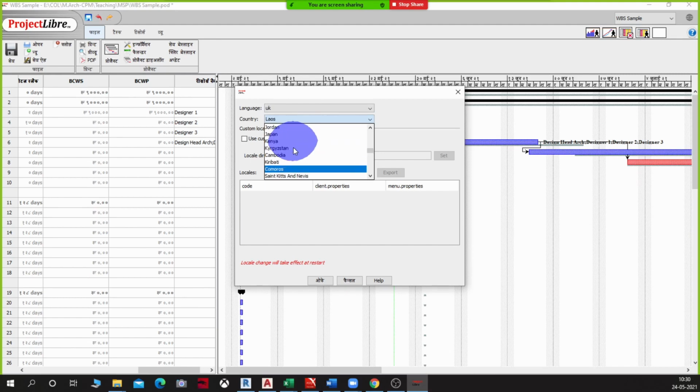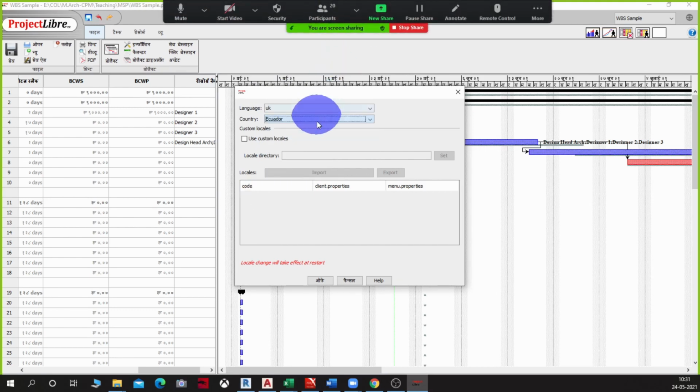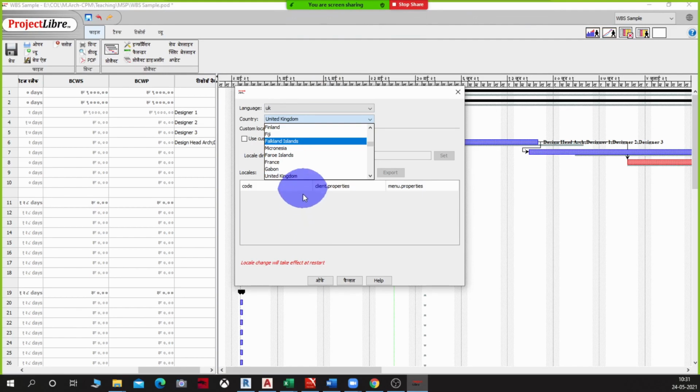This is countries. So I'm not sure whether it's saved as England or UK. Egypt, Spain. The thing is, it's not in alphabetical order. It's actually in the order of the language. So I think it is past United Kingdom. It was there, is it? Yeah, it's there. Good, good.